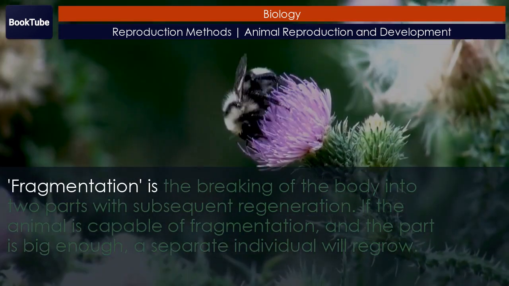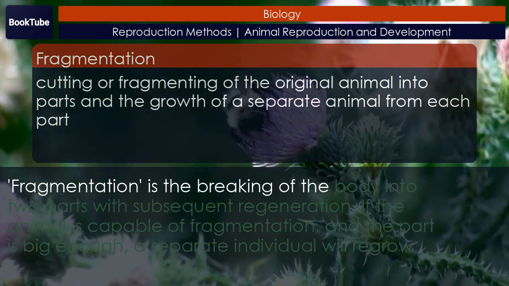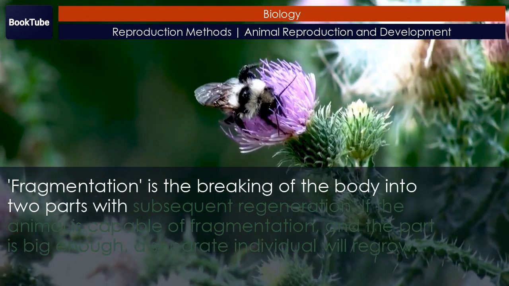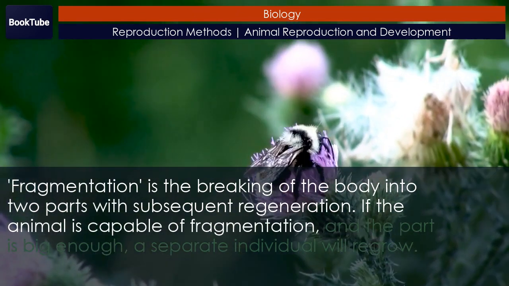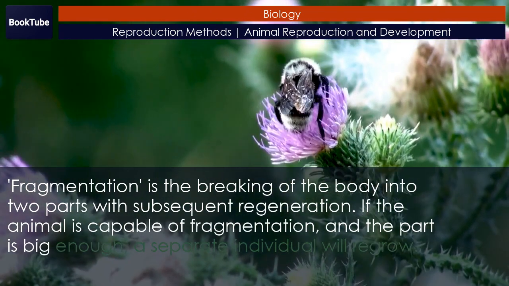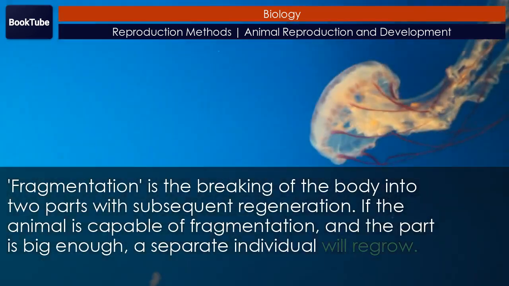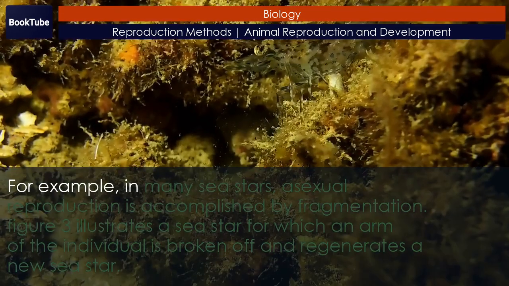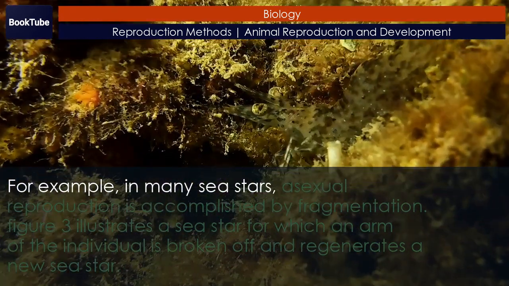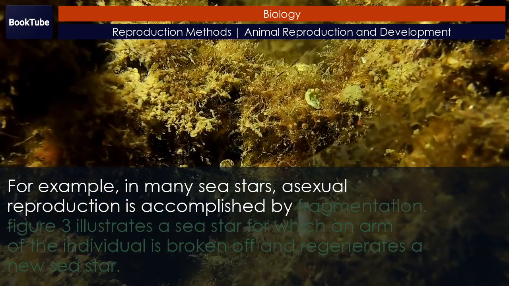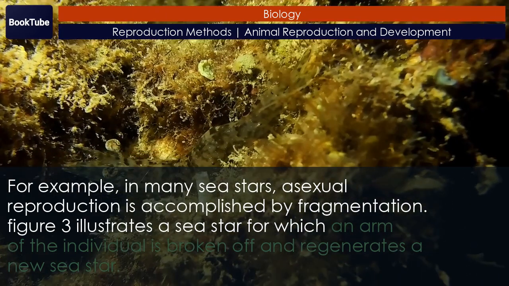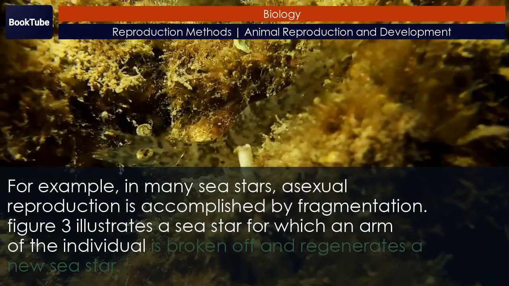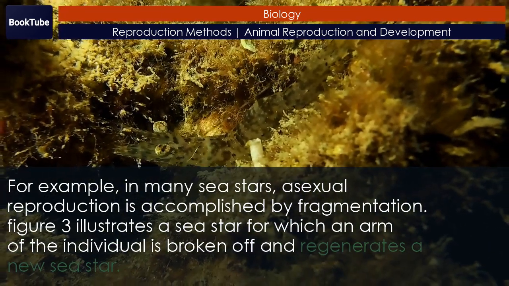Fragmentation. Fragmentation is the breaking of the body into two parts with subsequent regeneration. If the animal is capable of fragmentation, and the part is big enough, a separate individual will regrow. For example, in many sea stars, asexual reproduction is accomplished by fragmentation. Figure 3 illustrates a sea star for which an arm of the individual is broken off and regenerates a new